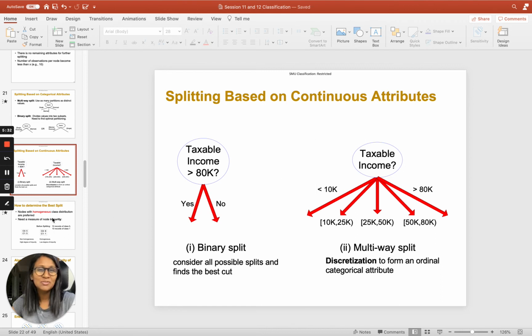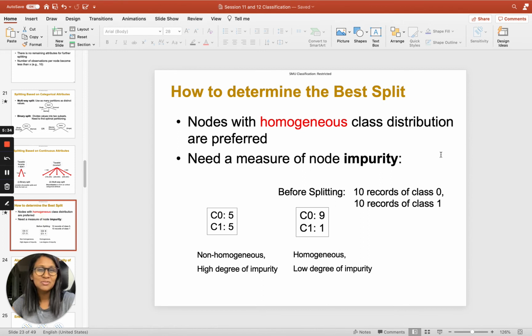So these are some of the ways in which you can use continuous attributes to split your decision node. Before I end this video, I want to talk about a very important property, or something to keep in mind, when building a decision tree. We know that for every decision node there are multiple options that we have. So how do we decide which attribute we should choose to split a particular node? That is basically asking how you determine the best split.